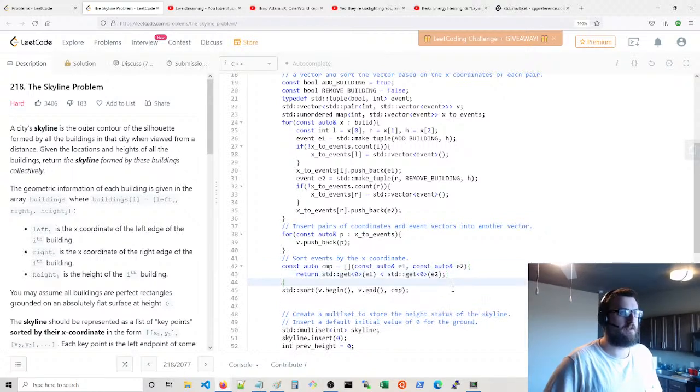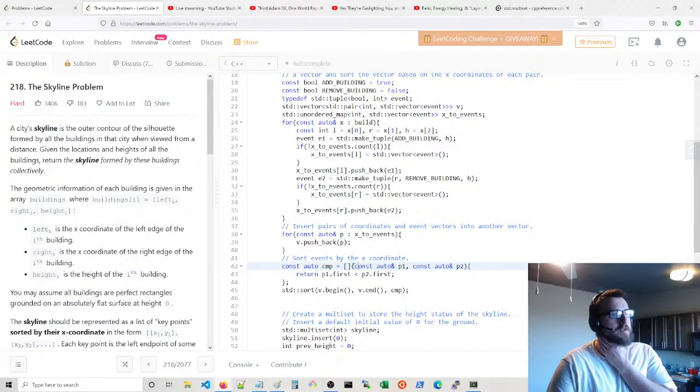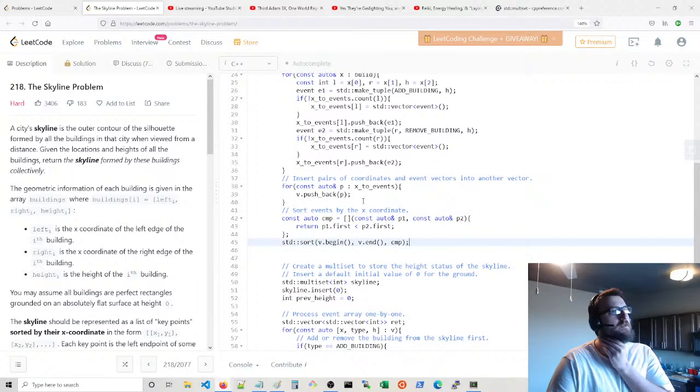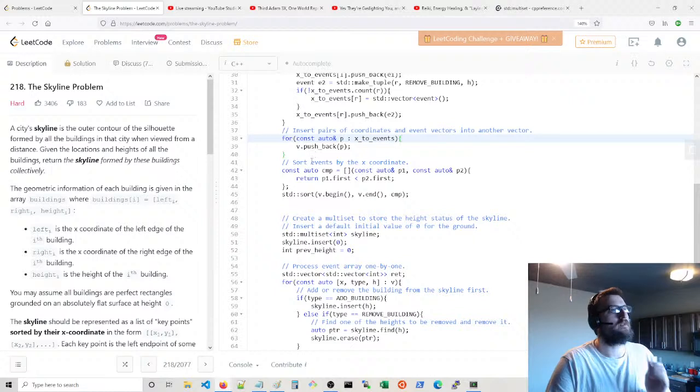So this is, yeah, it's taking a while, 40 minutes or so, okay. So it's going to be P1 and P2, and you're actually going to say P1.first is less than P2.first. Yeah, we'll just use P1, P2. Okay, by the x coordinate, so now we sort these, sort pairs of events,